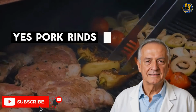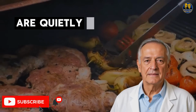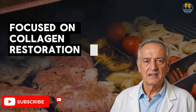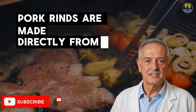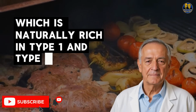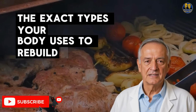Yes, pork rinds, often dismissed as nothing more than salty snacks, are quietly becoming a favorite among doctors focused on collagen restoration. Here's why. Unlike many processed chips, pork rinds are made directly from the skin of the pig, which is naturally rich in type 1 and type 3 collagen, the exact types your body uses to rebuild connective tissue